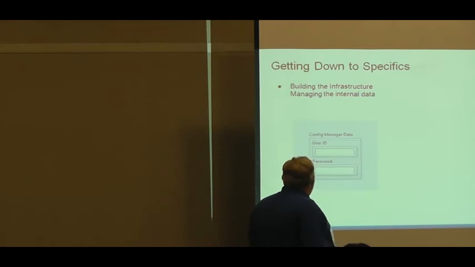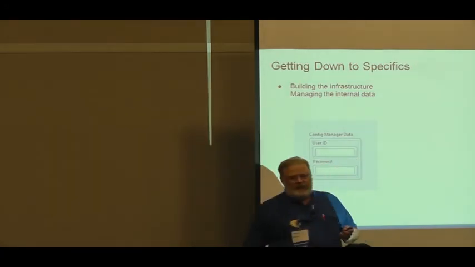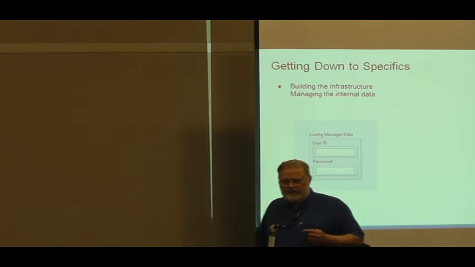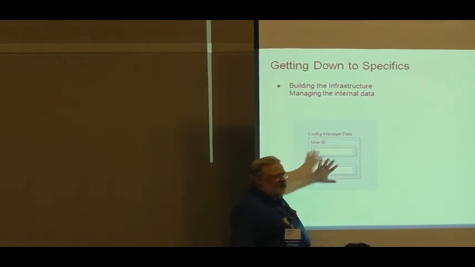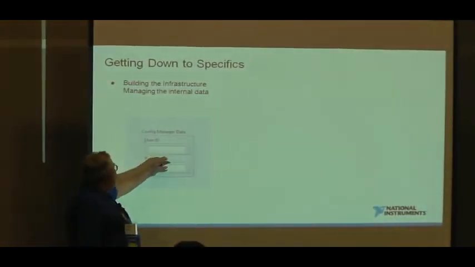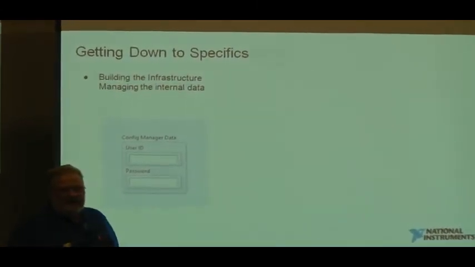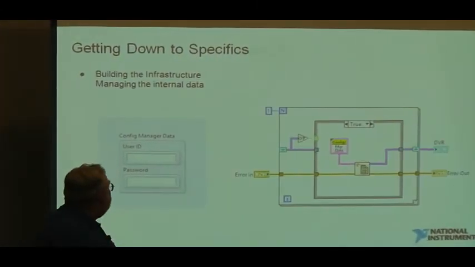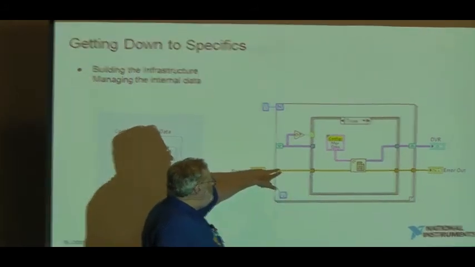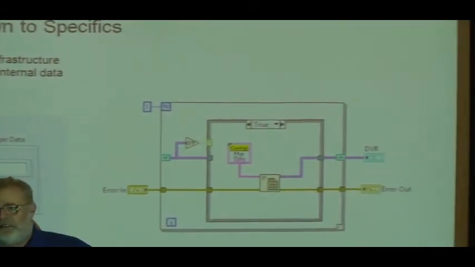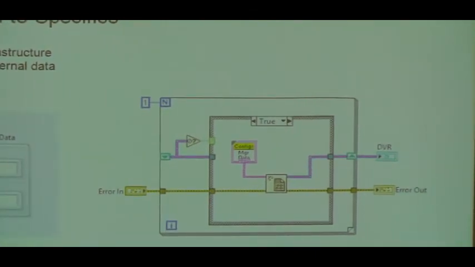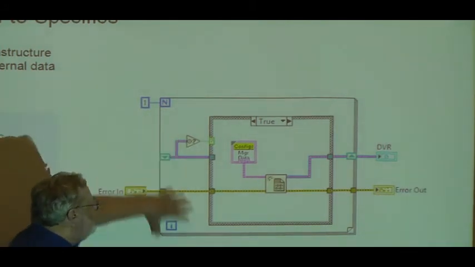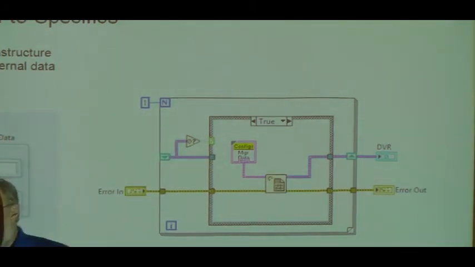It's called a DVR, a data value reference. So to create one of these things, the first thing I do is create a type-defined cluster with my two pieces of information, my user ID and my password. And then I create this VI here to initialize my data value reference. Now, notice three things about this. First of all, you notice the overall structure of this is basically the same as a functional global, right? Which means that,